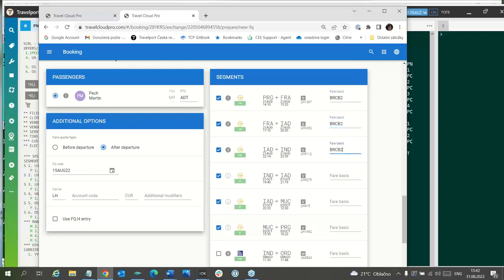And fare basis for return travel will be this from FD, and it is this one, VRCB4.